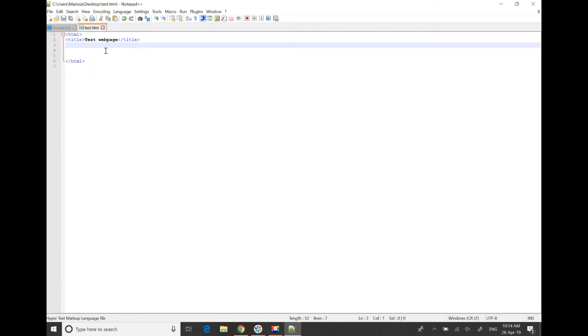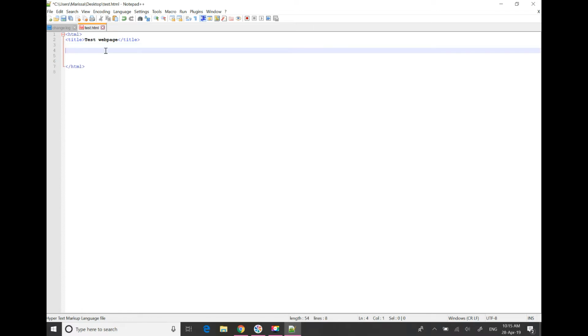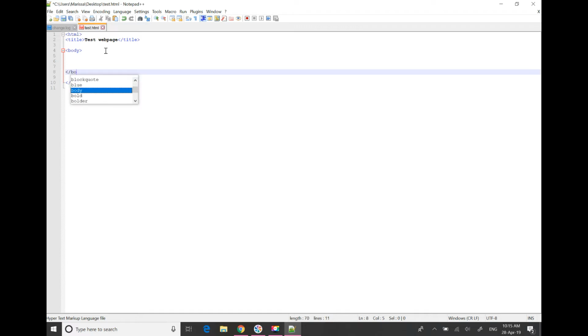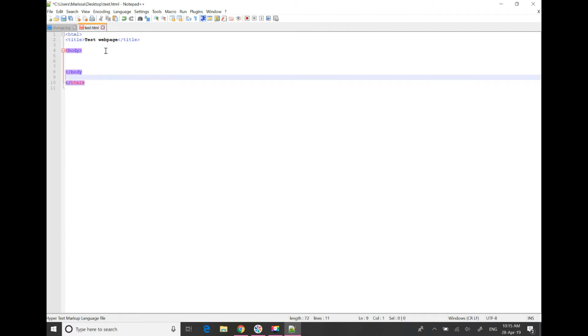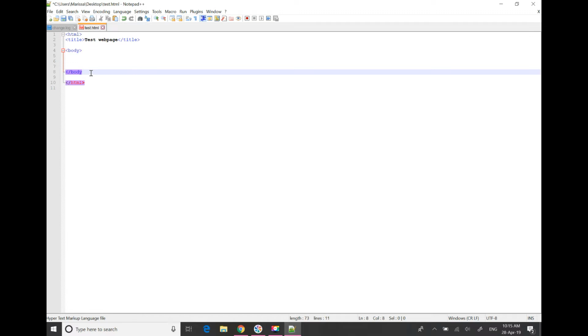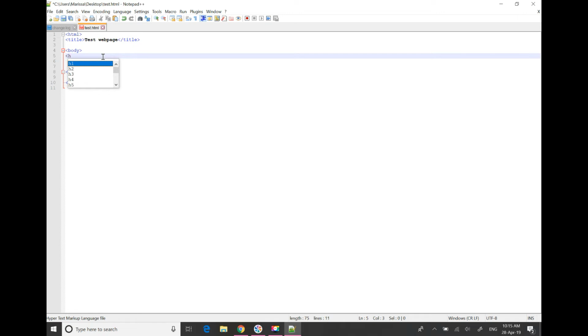And now we can add some content in. So we're about to cover headings, paragraphs, bold, italic, underline, links, lists, and images. So the number one, headings. So headings can be added inside our body tag. So we type in our start and end body tag. And a heading can simply be added in by using the H. Now it can be H1, H2, H3, H4, H5, H6, etc. So we're going to use H1,